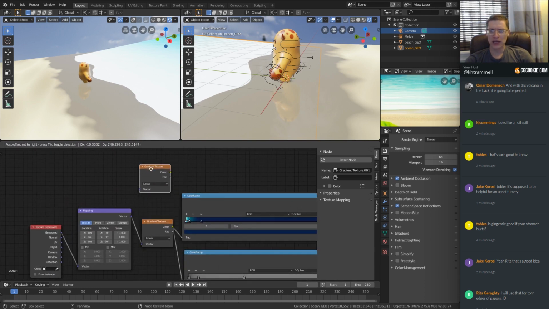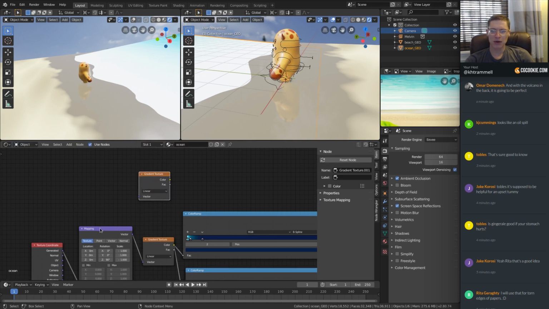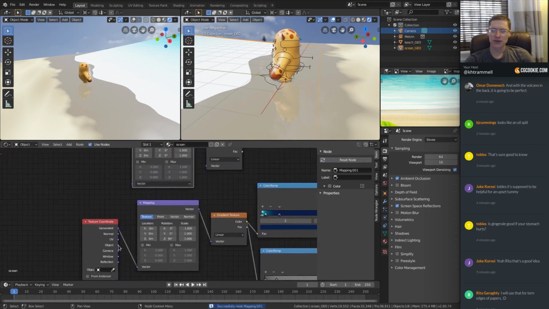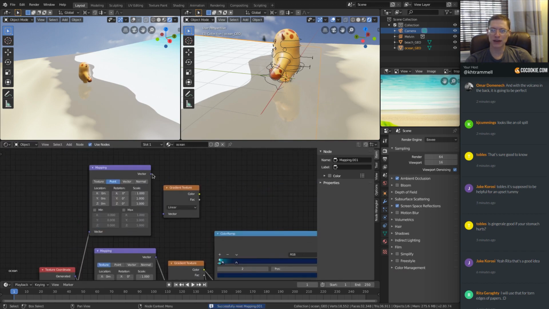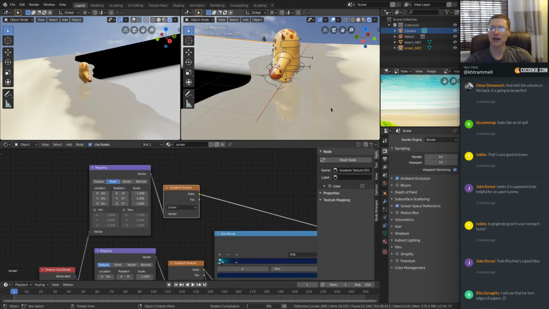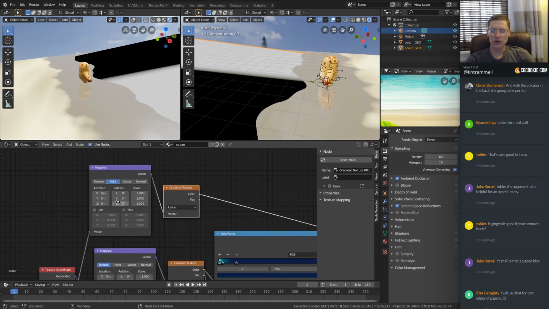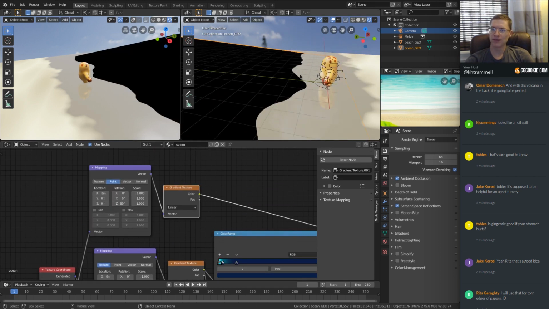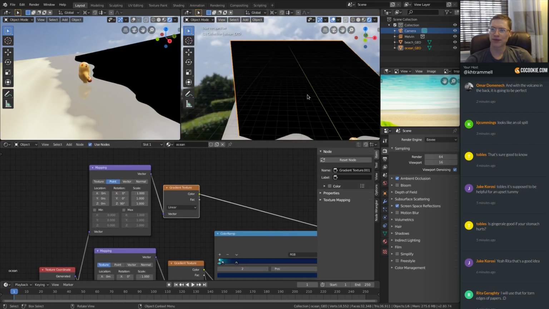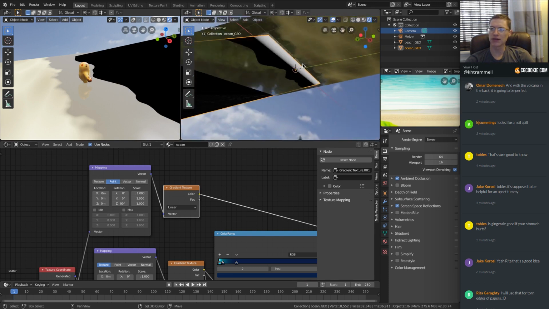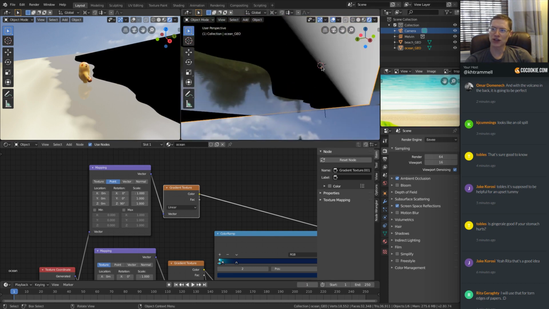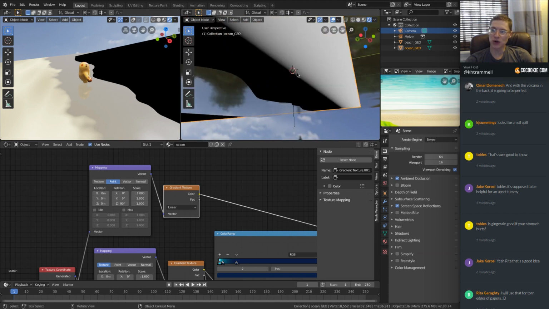Let me duplicate this gradient and the mapping node. Let me reset the mapping node. Start fresh with object coordinates into the gradient and see what that does for us. Okay, we need to rotate in Z, I think. Yes. We can see that the gradient now starts at the object origin, which is that little orange